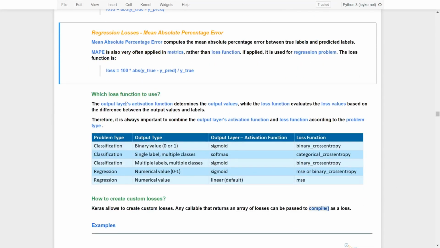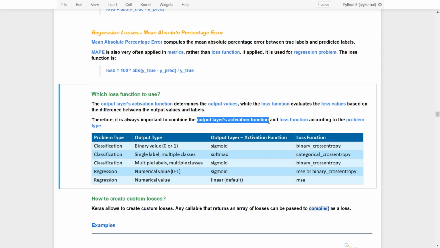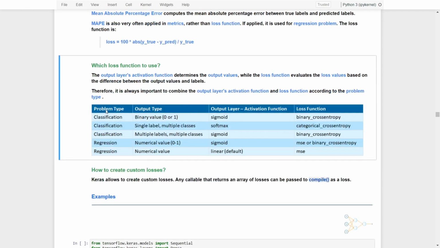The output layer's activation functions will give you the output value, and the loss functions will evaluate the loss value between the output value and the true value. Therefore, it's always important to combine the output values, activation functions, and loss functions according to the problem types. Say, for example, if we have a classification problem with a binary output, then in the output layer,